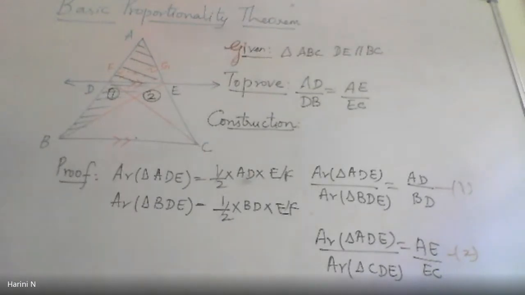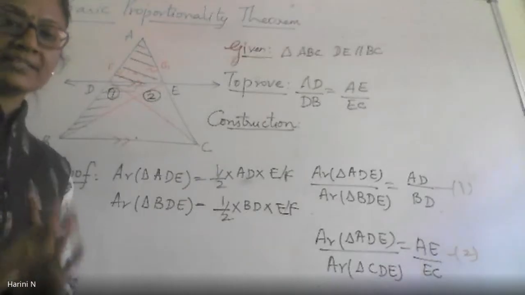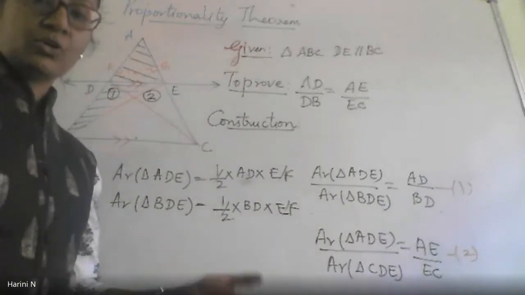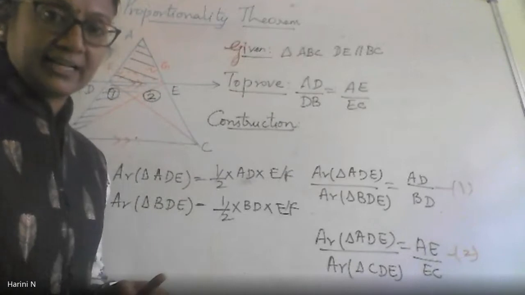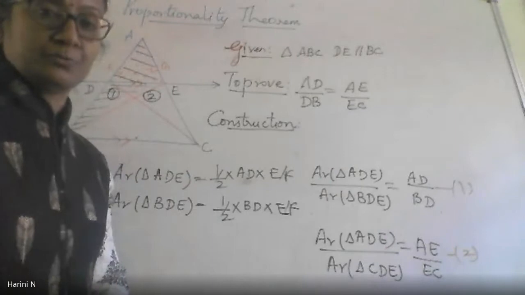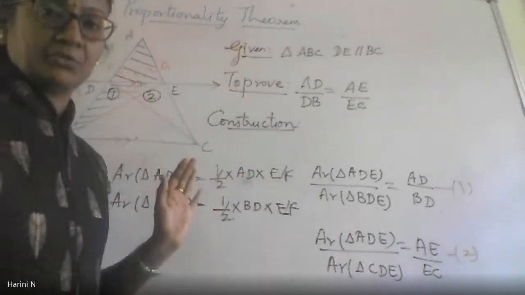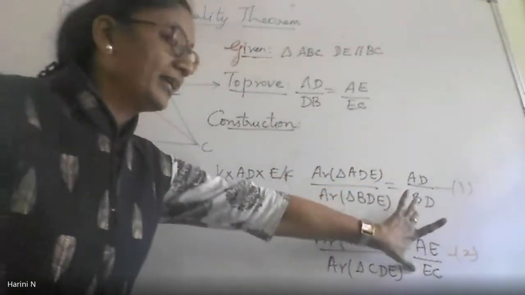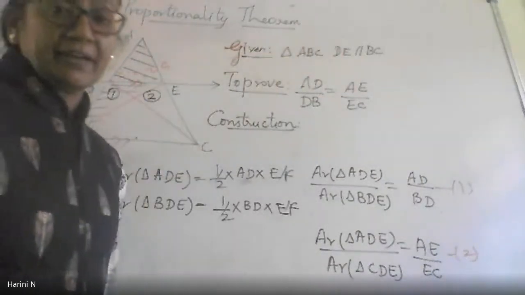Is there anything that you want to clarify on this? No, ma'am. Clear? Please prepare your notes. Your basic proportionality theorem, I think I have shared it some 3 days ago. You should have gone through the video at least 10 times now to see how you could understand that, and this proof should be ready. Moreover, today I have explained it again also to you. All this I am not writing it theoretically because that is clearly done in the video. I don't want to waste time here. How the left hand sides have become equal and why the right hand sides have become equal and how I have reached my proof is all available in the video.